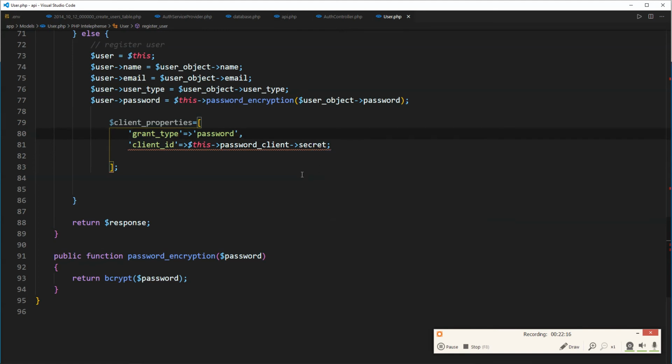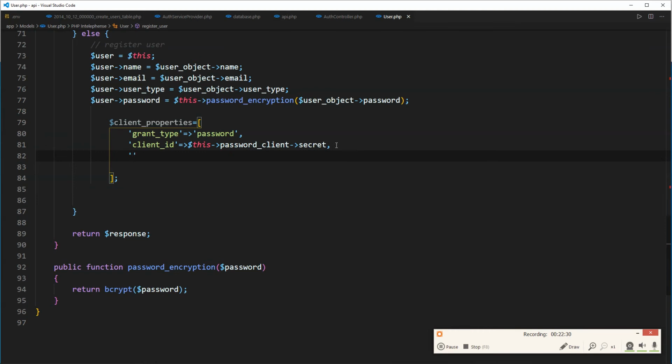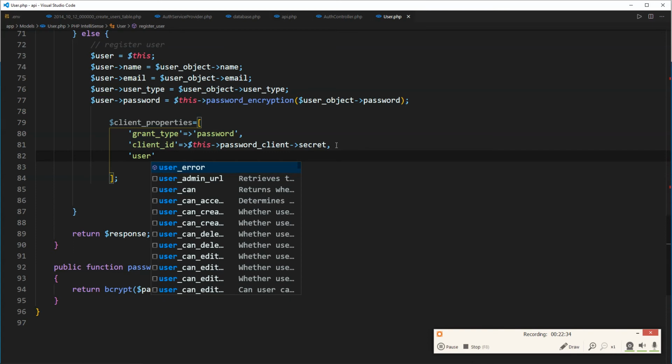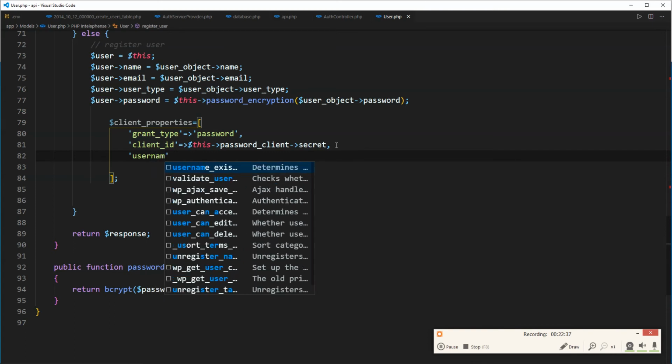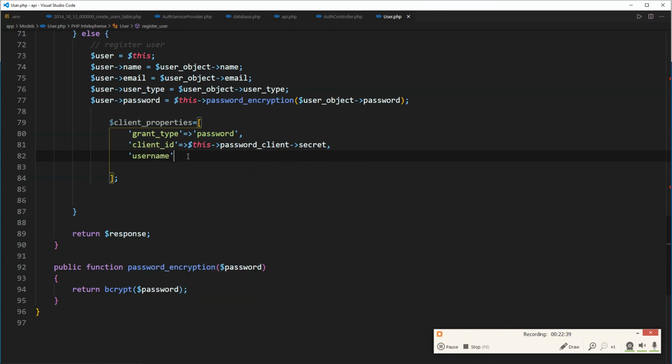That will be our client ID. Another thing we need to provide is the username and password. So what happens with the username is that we map our user email to the username. So what we do here, we are going to grab our user object, this one, the one with the email,